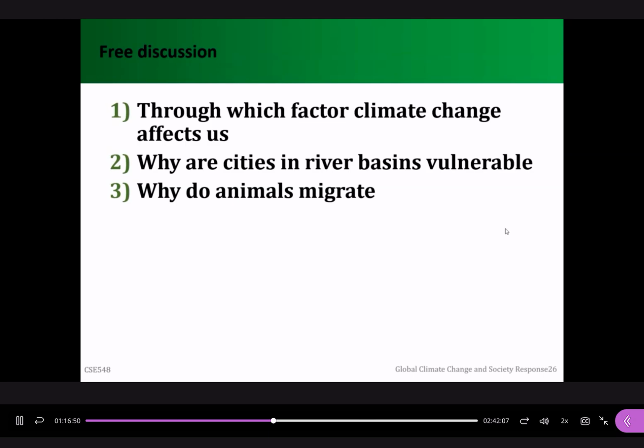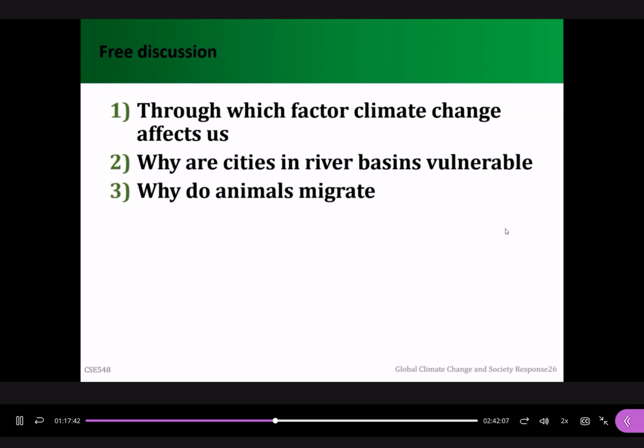The temperature increase can also cause the instability of the atmosphere. It can cause extreme weather events, more frequent extreme weather events. It can affect our natural and human systems. So the temperature increase can also lead to the melting of glaciers, so it will cause the sea level rise. Sea level rise is a big threat to coastal cities and the ecosystem there. And yes, this is the main logic behind the climate change impact.